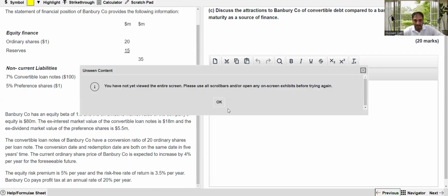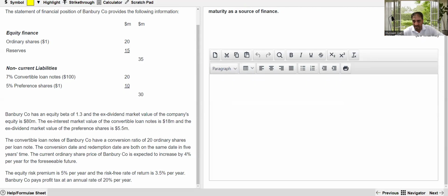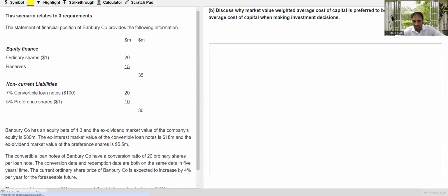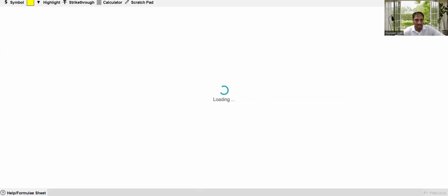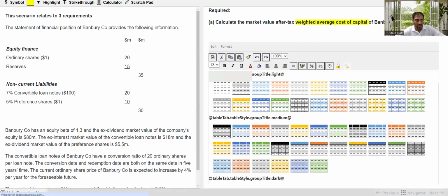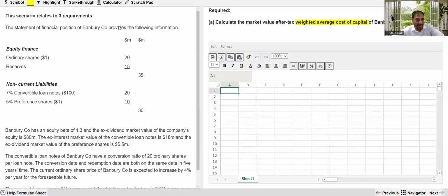So let's start with the part A, the calculation. Then we will cover the theoretical part as well. Now come on, A part. This scenario relates to 3 questions. The statement of financial position of Banbury Company